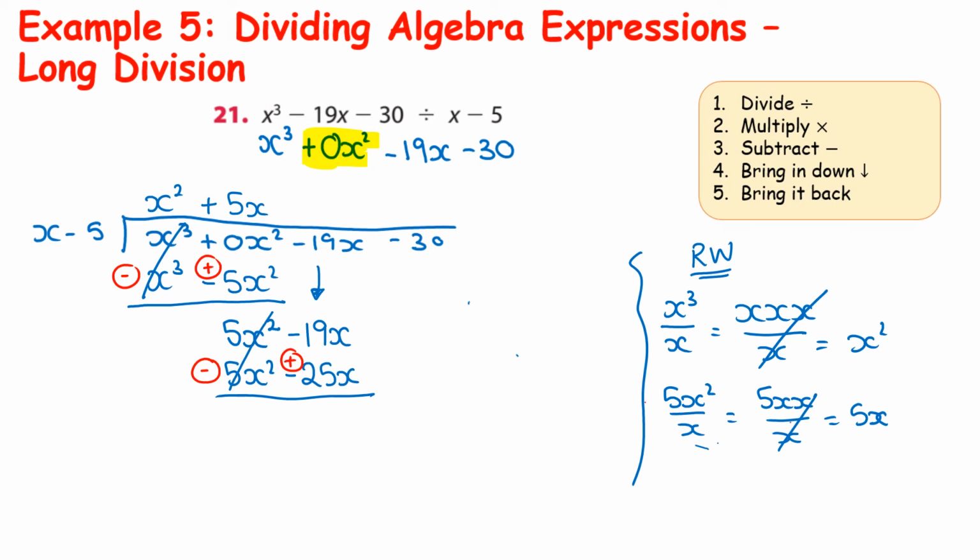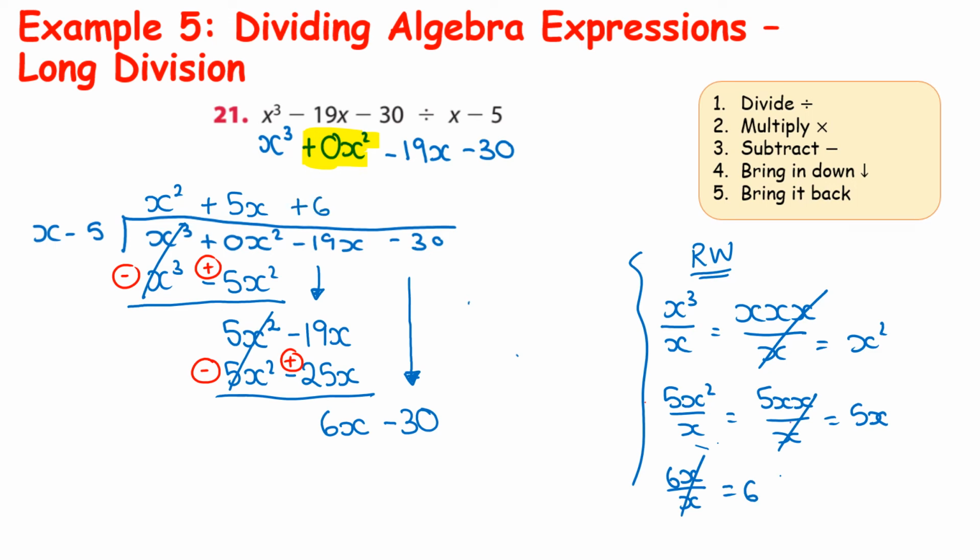They cancel out, and I have minus 19x plus 25x, so that is 6x. And that is divide, multiply, subtract. Bring it on down, so 6x is now 6x minus 30. And we start again. So I have 6x divided by x, and that gives me 6, which means it's a